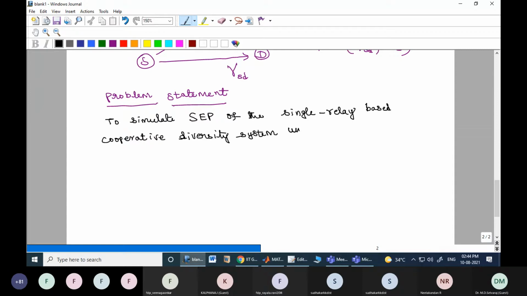Under the presence of a single relay based cooperative diversity system with decode and forward relaying. This is important because AF and DF are completely different. It will give completely different results. Therefore, with the decode and forward relaying,